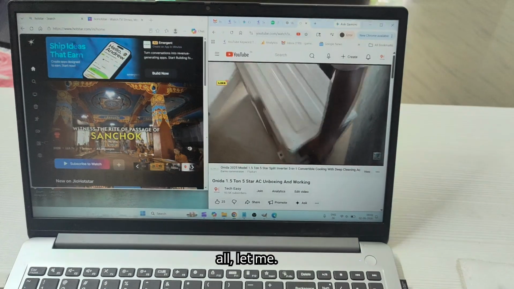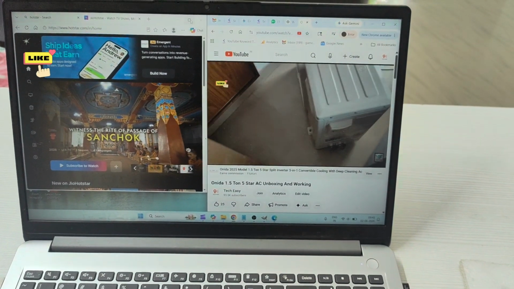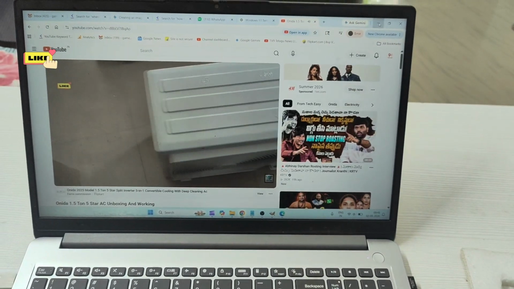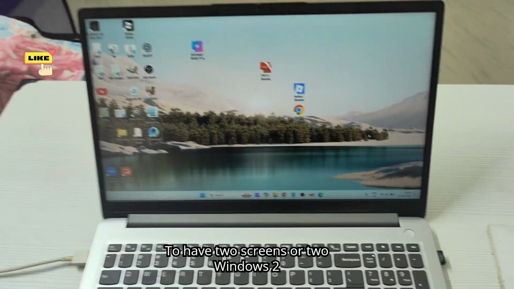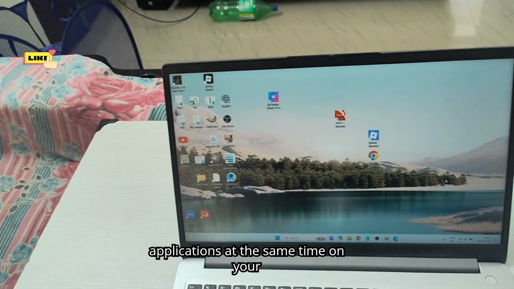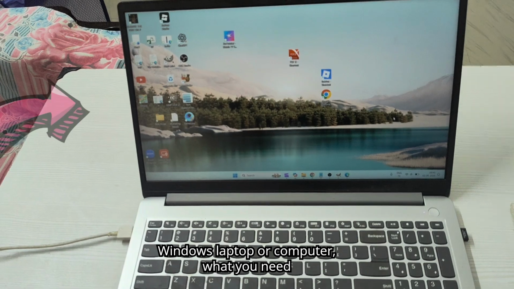How can you do that? First of all, let me maximize this and minimize this. I'll also maximize this. To have two screens or two windows, two applications at the same time on your Windows laptop or computer, what